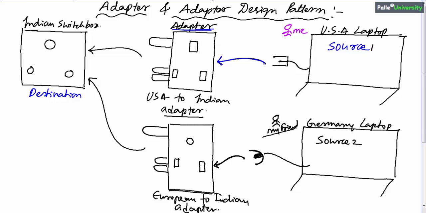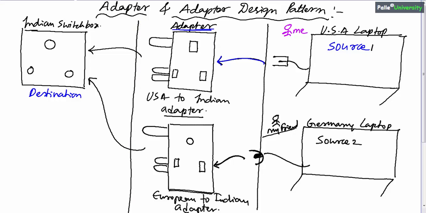You have to remember only 2 points here. In the adapter design pattern, there will be 3 layers: source, adapter, destination. This is source, this middle layer is adapter layer, and last layer is destination. In adapter design pattern, data will flow from source to adapter and adapter to destination. Last point, whenever source changes, we have to change adapter mostly.